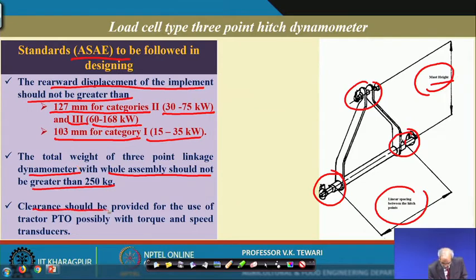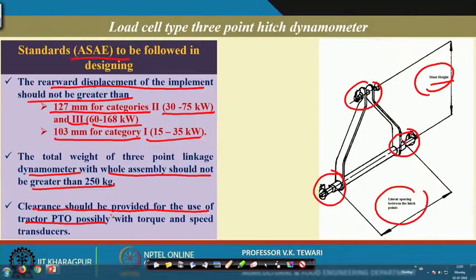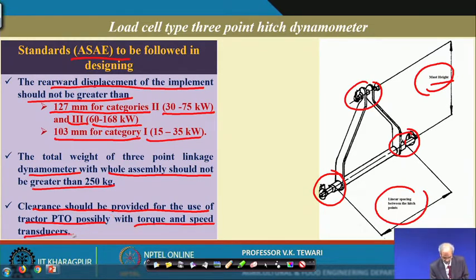The clearance should be provided for the use of the tractor PTO. While you are doing this, you might have seen the tractor PTO. That tractor PTO should be clearly left, otherwise it will be very difficult to attach an implement. Say, if you are trying to measure, you use PTO for a rotary type of implement like a rotavator. So, in that case you must give clear space, enough clearance for the PTO to be used for torque and speed transducers. This is very important, because once we use a